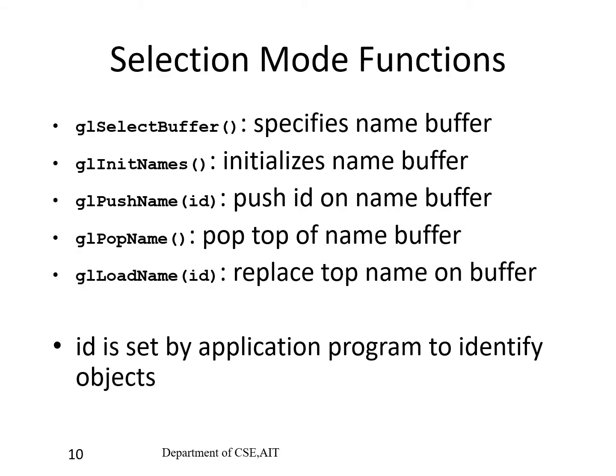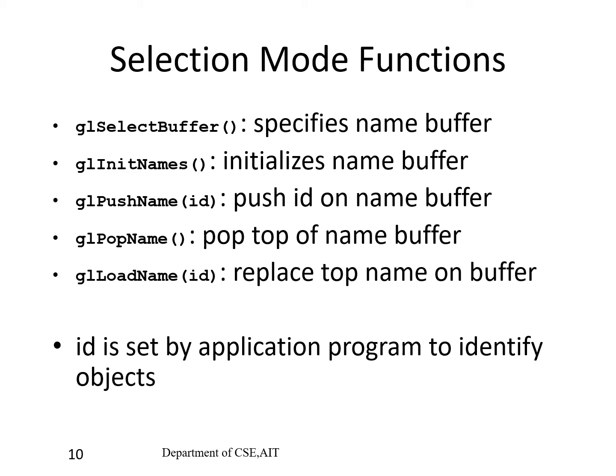We are going to make use of a rendering mode called the selection mode to do the picking, at the cost of an extra rendering each time we pick an object. This has multiple supporting functions. glSelectBuffer is used for identifying an array for the selection data. There are four other functions supporting this one, which are used for initializing, pushing, popping, and manipulating the top entry of the stack.